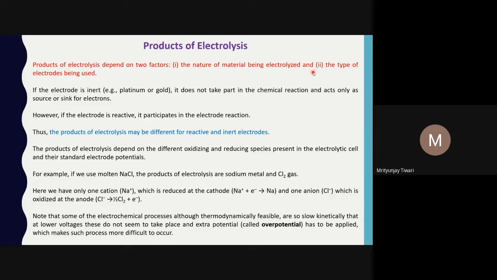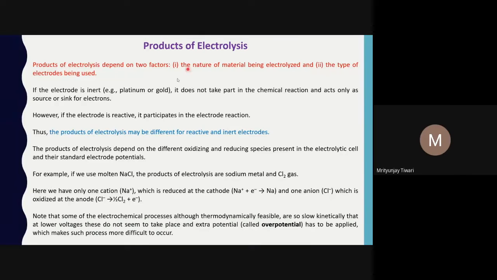There are also two things that we see: whether the electrolyte material that we use is in the molten form and is a pure substance, or it is a mixture. If it is a pure substance, like suppose NaCl or MgCl2, that is one thing. But to obtain sodium or magnesium, we usually mix some MgCl2 into NaCl, just to reduce the melting point of NaCl. So we do use a mixture there.